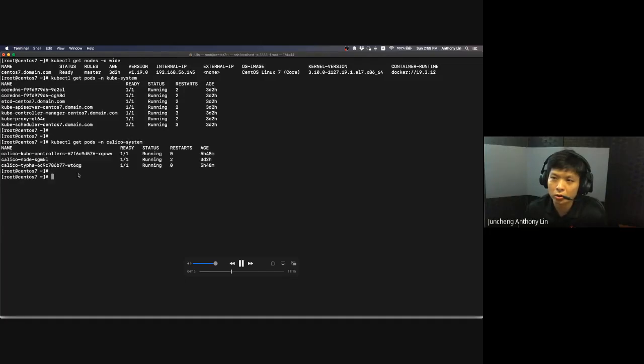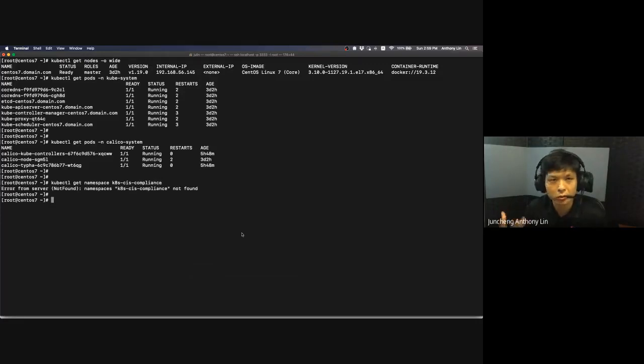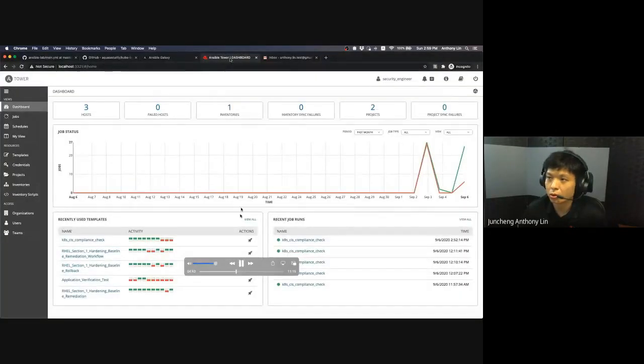I wanted to just show you the network. We are running Calico over here for the SDN. Then let's look at what other stuff we have. The namespace: we saw earlier that we have a pre-described namespace that we are looking for, which at this juncture in time is not created. Ansible is going to help you make sure that the namespace is created. So the next step, after checking to make sure the environment is up and running properly, is to go on to Tower.